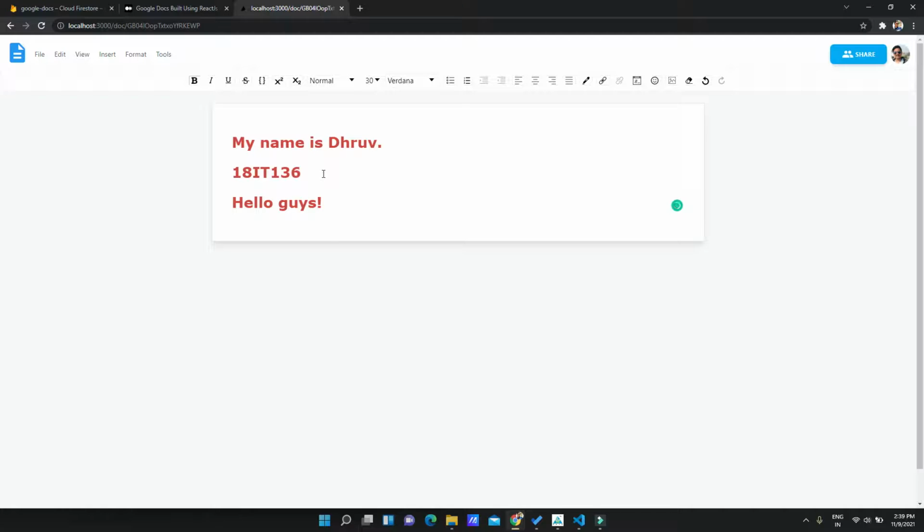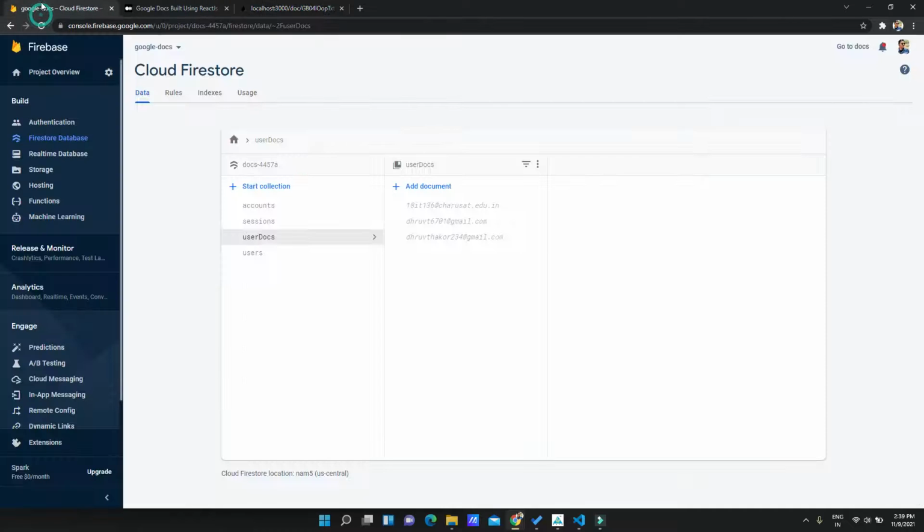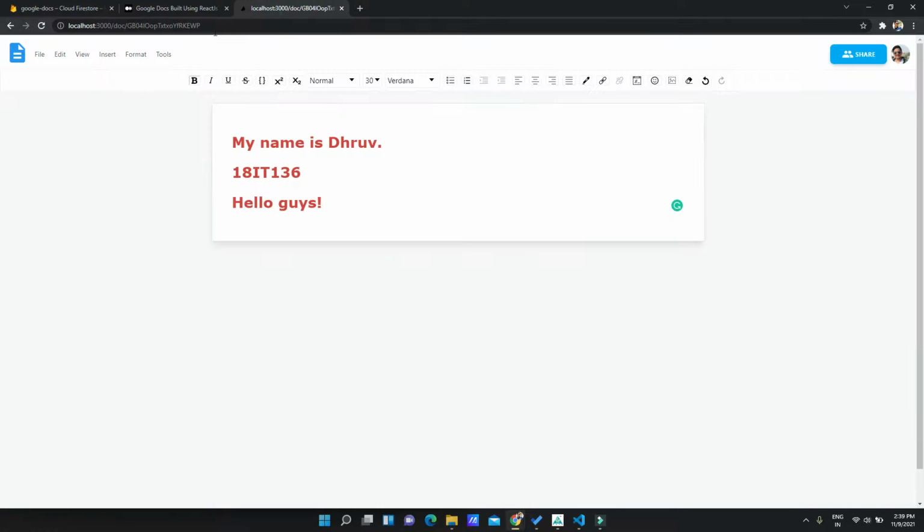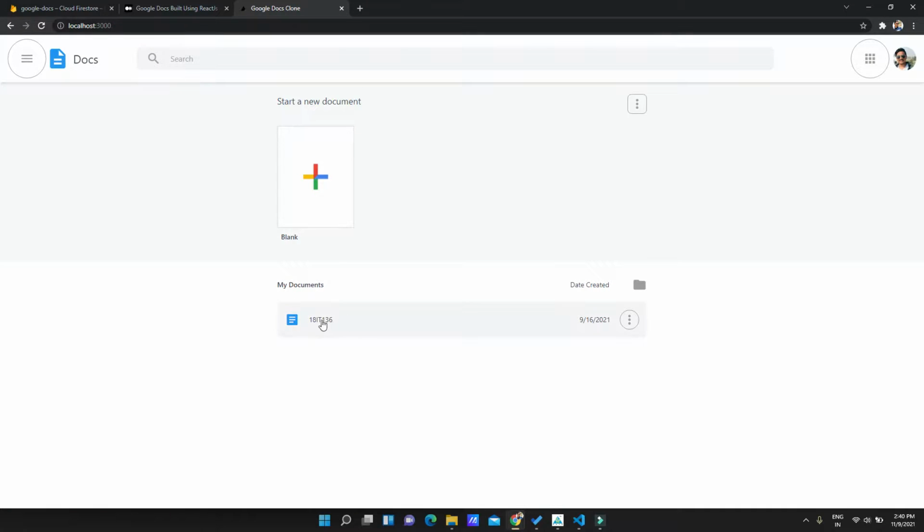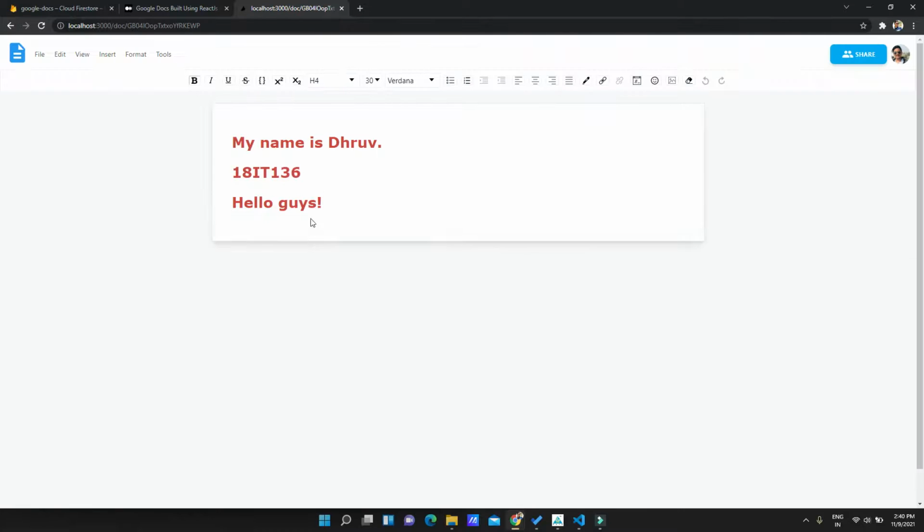This is automatically saved on our Firestore database. If we want to go back from the document, we simply click on this, and let's see whether the document is saved or not. Again click on that document, and we can see that it was saved automatically without saving the document.